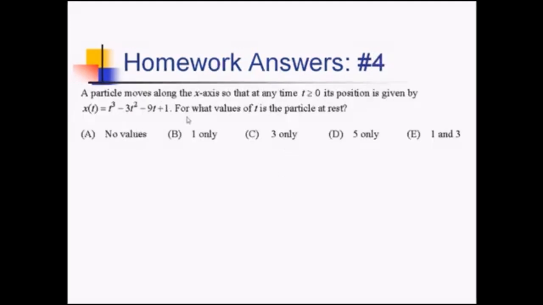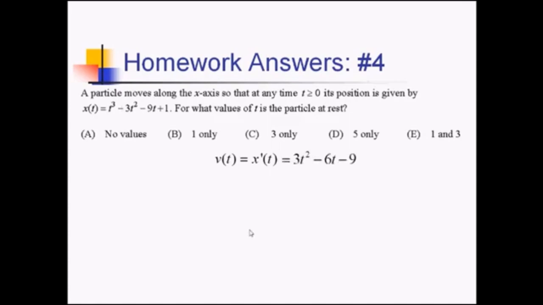For number 4, we've got a particle moving on the x-axis so that at any time t greater than or equal to 0, position is given by this cubic function. For what value of t is the particle at rest? So at rest means the velocity of the particle is exactly 0. So we need a function for the velocity of this. Velocity is going to be x prime of t, which is going to be 3t squared minus 6t minus 9